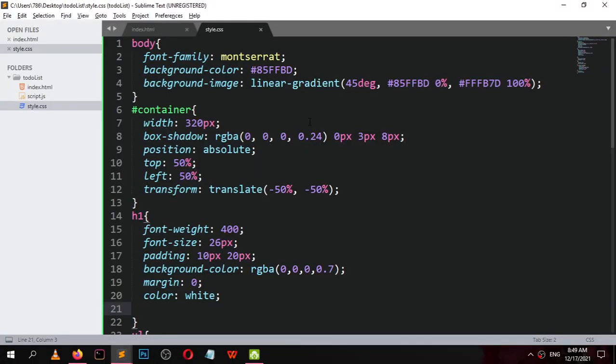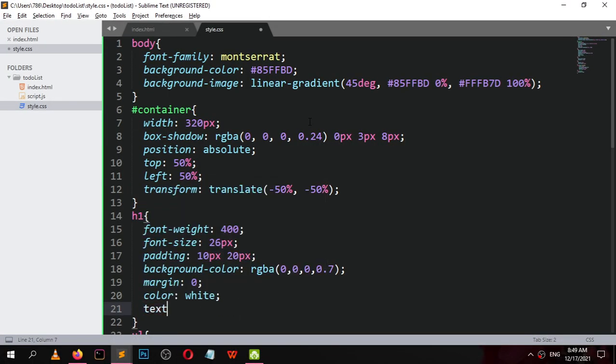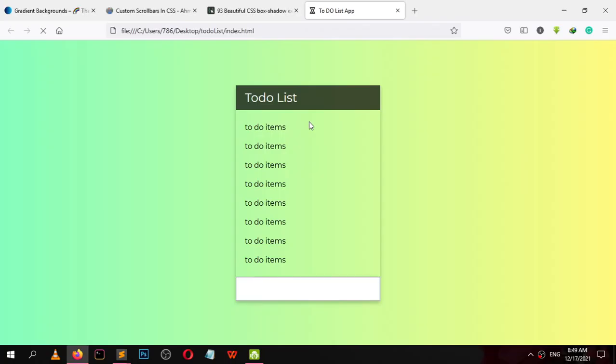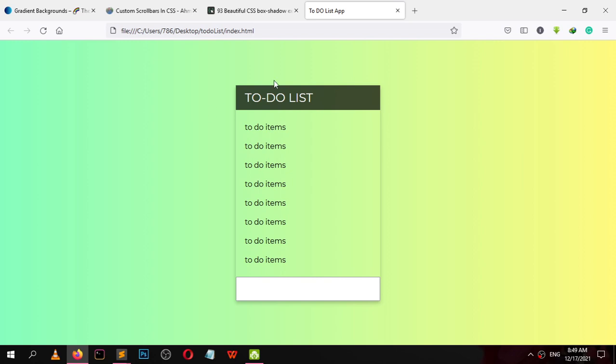and text transform should be uppercase text. I want to add this dash between to and to-do list.